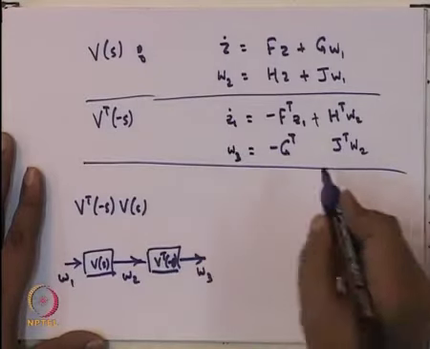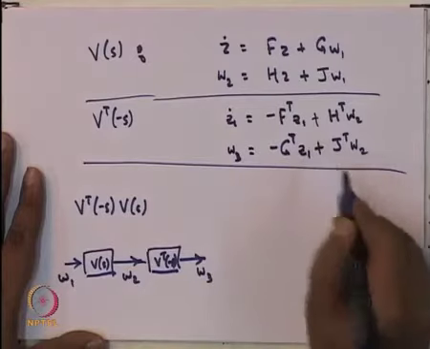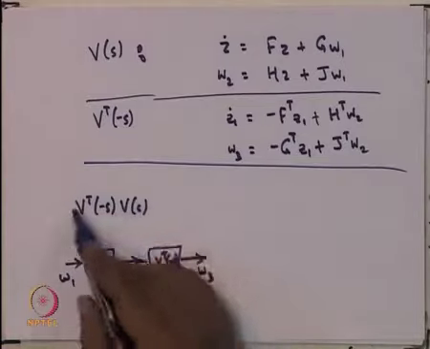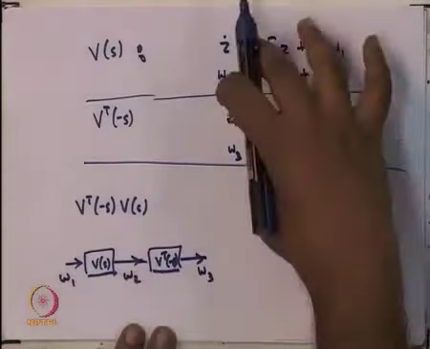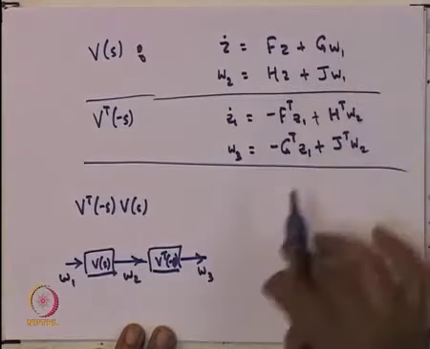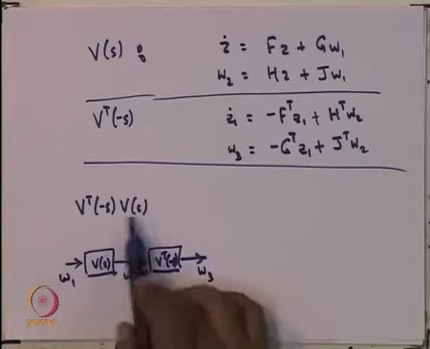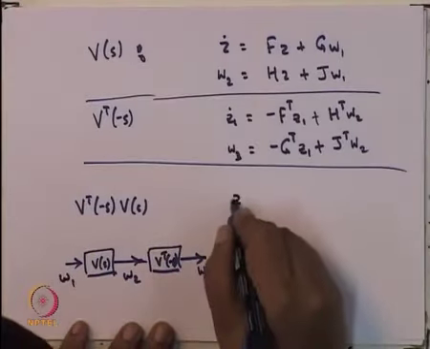So, W3 is equal to minus G transpose Z1 plus J transpose W2. Okay, so now what was there on the right hand side, the next thing, it is a series thing. So, I will have to put both these state representations together, and I will end up getting a state representation for this thing. And so, the state representation I will get for this is going to be Z1